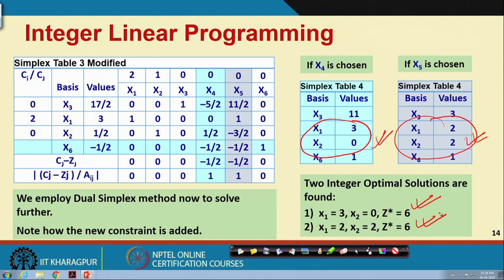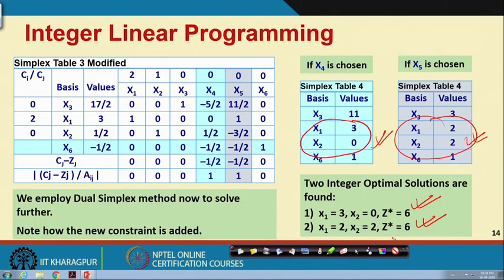The good thing about dual simplex is that once the solution is found at that level, there is no need to really compute the whole table. Why? Because in dual simplex the problem is always optimal. You are moving from optimal, and the moment you have found something feasible, the problem is always optimal, but you are looking for feasibility. So, the moment you have found a feasible solution, you stop. We found a feasible solution which is integer, so we stop.